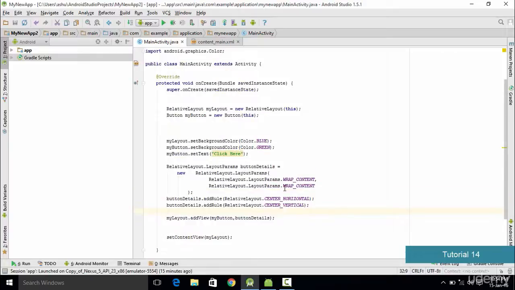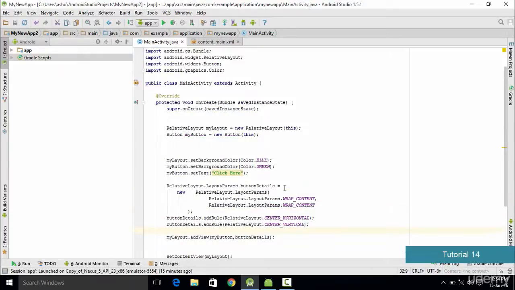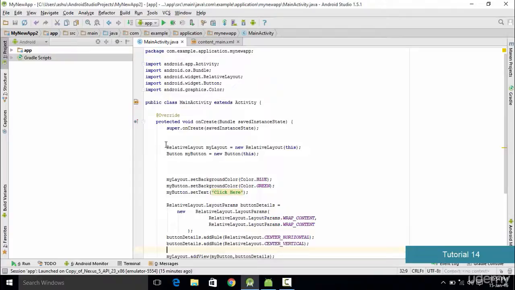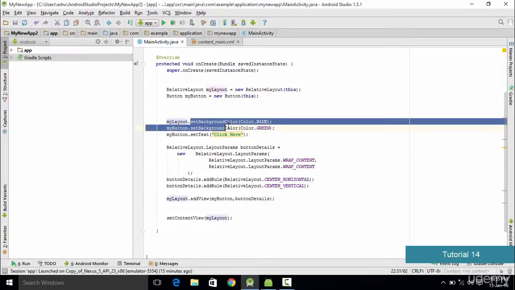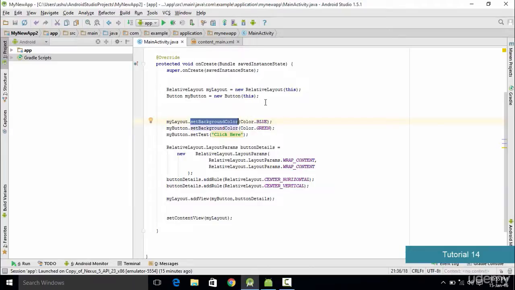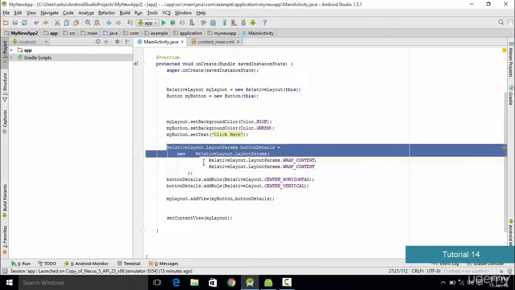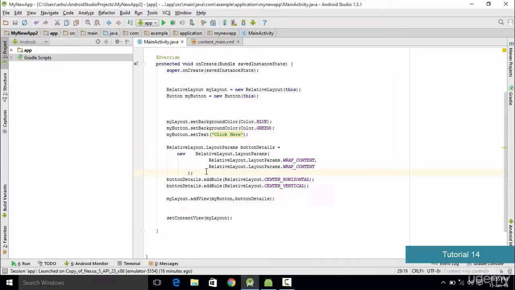So now let's go through the code once again in order to have a proper understanding of what we have done. So basically in the previous tutorial we have created objects of relative layout for specifying the layout, and we have also created a button object which we are going to use. Now the next thing which we did is as we wanted to set the background color of the layout, we have typed myLayout.setBackgroundColor, and the set background color method is basically used in order to change the background color, and we did the same with the my button. And then finally, in order to add some text to my button, we have typed mybutton.setText, and we have specified the text here. Now this line of code right here is a bit confusing, and that is because it is basically a rule in order to set